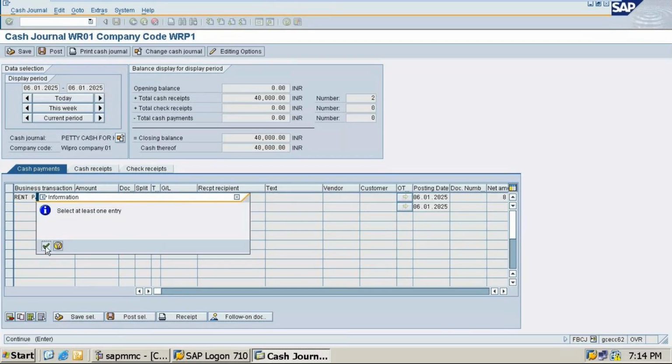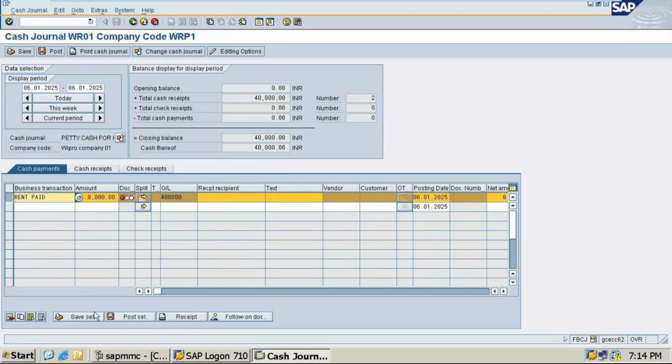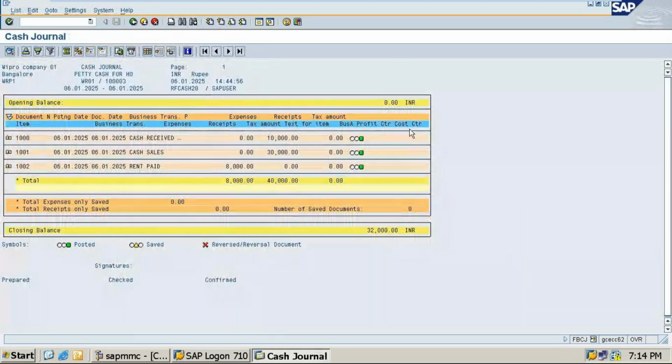So it will ask you to select an entry. So you need to select an entry, save reels, and then you click on post. So this has also been posted. This is save all entries and post. Print journals. So print cash journals. If I want to print these cash journals, select these entries, print cash journal. So it will be printing the cash journals. Okay, students, you can see this is the printing of cash journals. So I'll send this pic also.